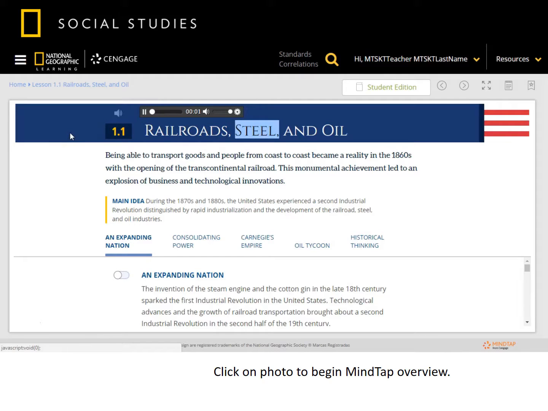1.1 Railroads, steel, and oil. Being able to transport goods and people from coast to coast became a reality in the 1860s with the opening of the Transcontinental Railroad. This monumental achievement led